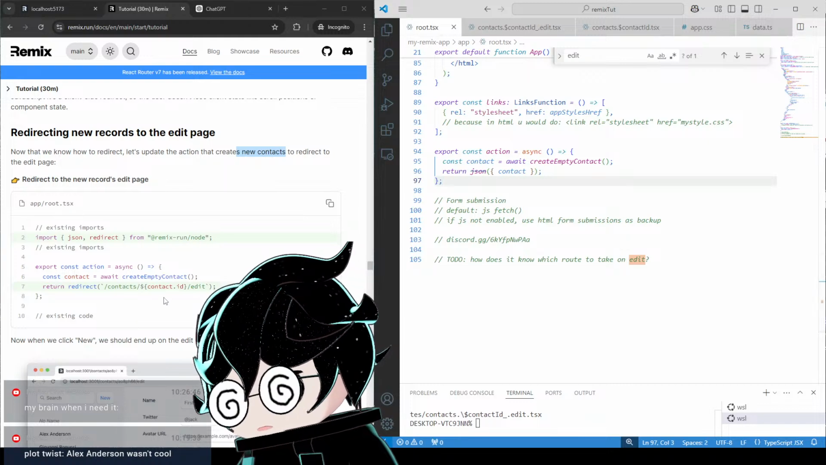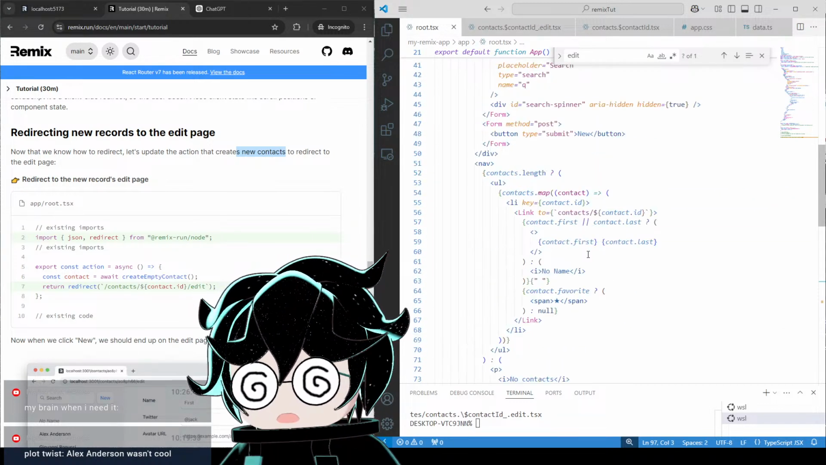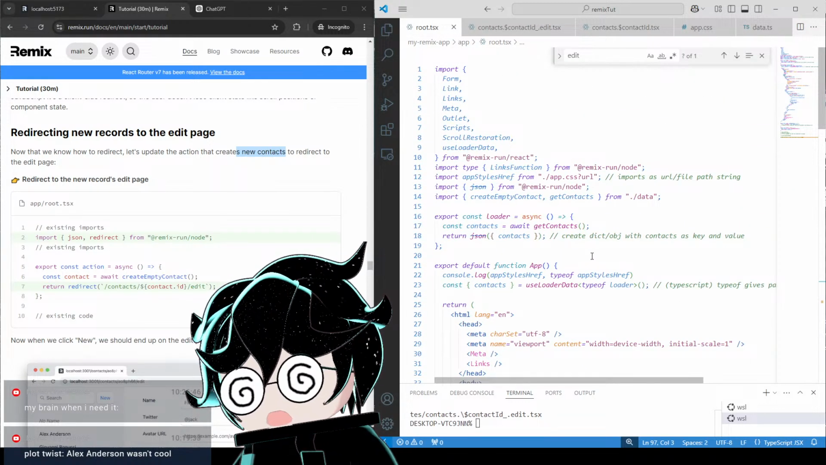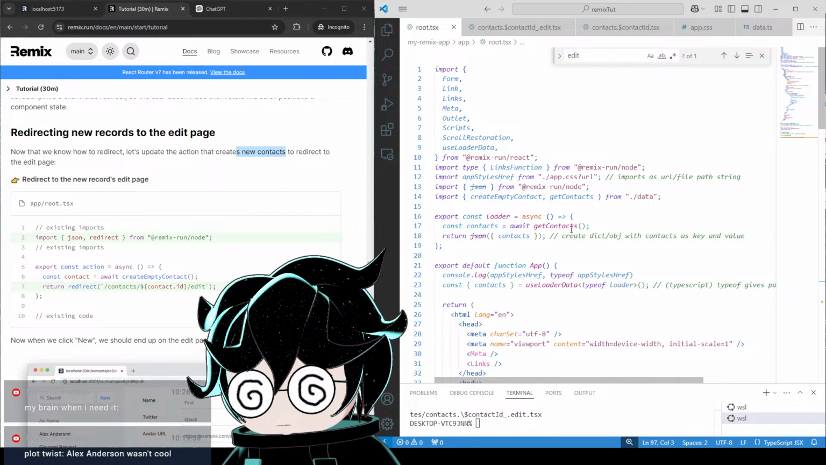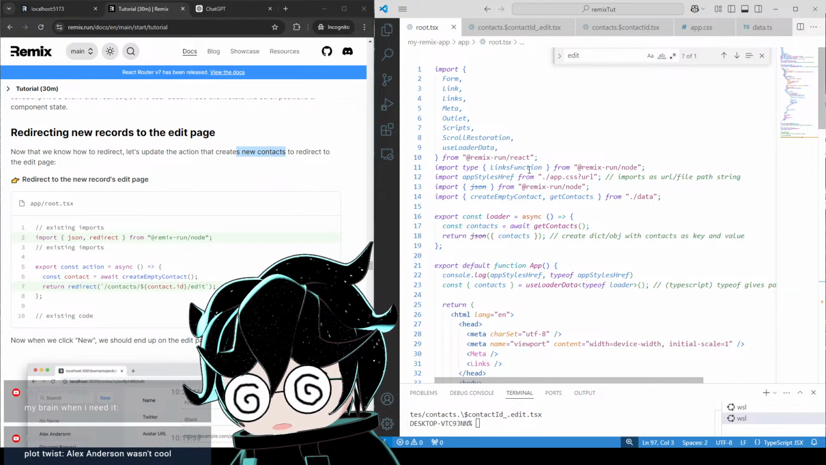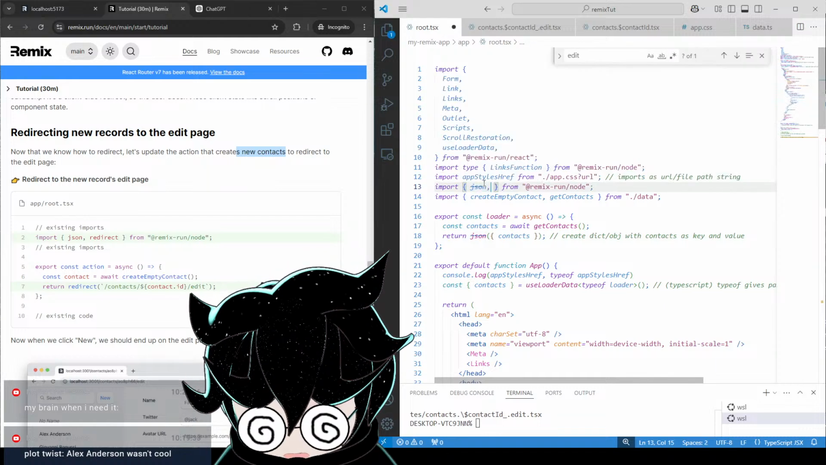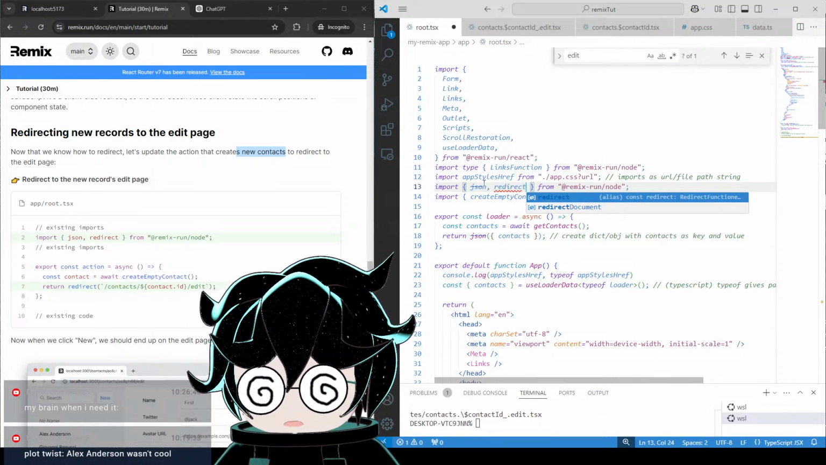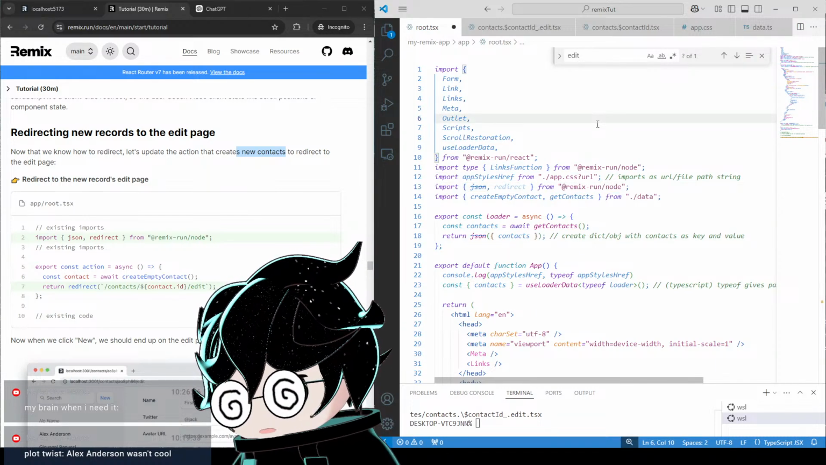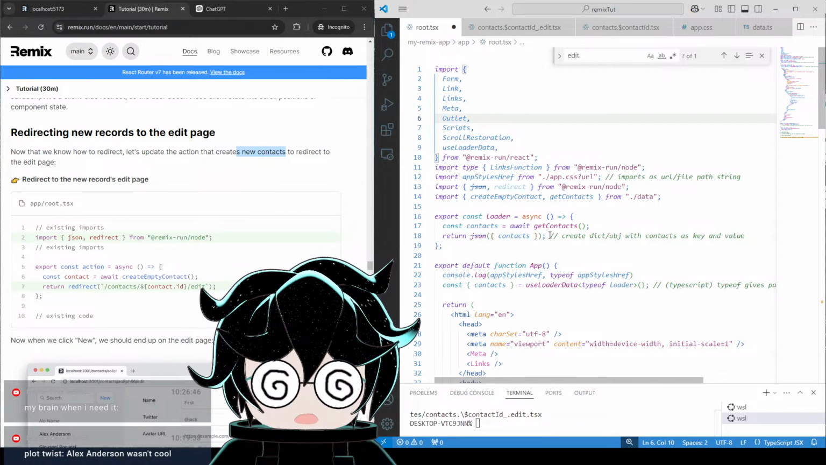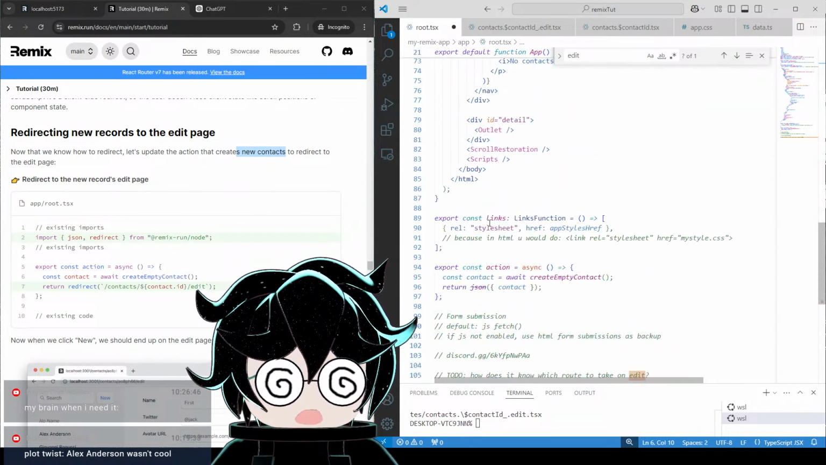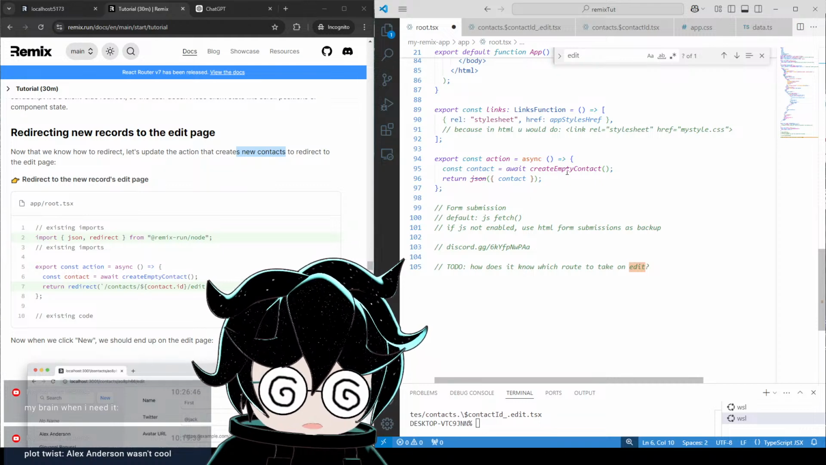App.route. So now we need to import the redirect function from the same place where we imported the JSON. Redirect. Okay, so now in the action function, which is way down here or something,